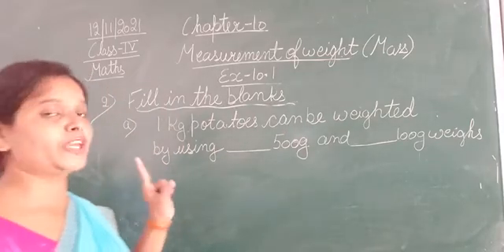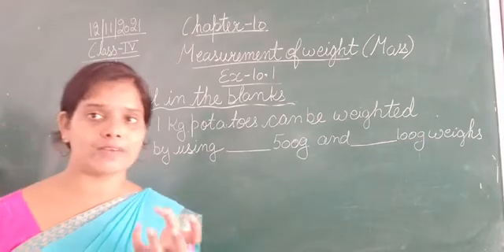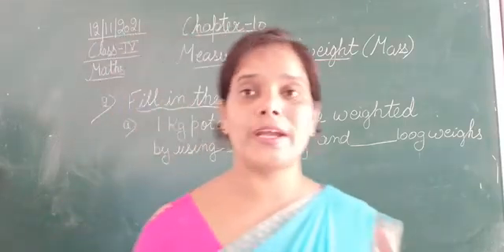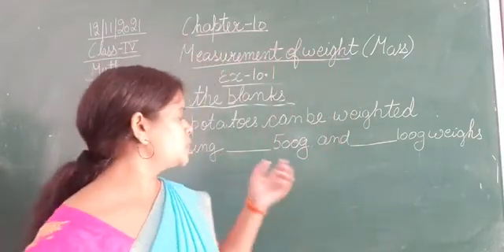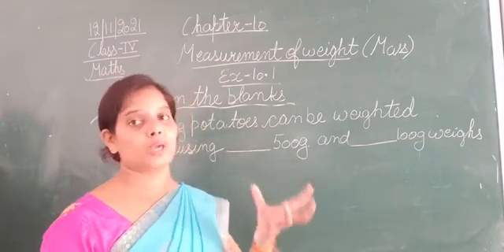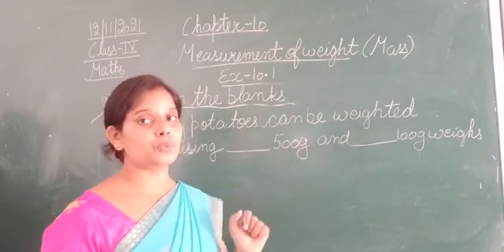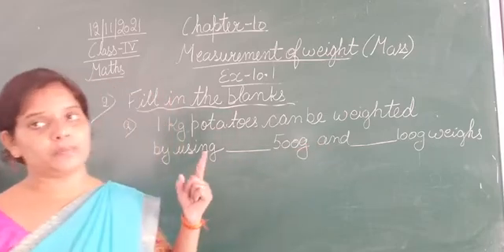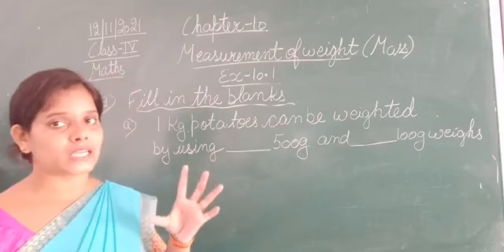आपको 1 kg potato measure करने हैं. So with what weights? Weights मतलब जो लोहे वाले जो shopkeepers या fruit vendors और vegetable vendors जो होते हैं वो use करते हैं. Suppose he needs to measure, and he is having weights of 500 gram and 100 gram. दोनों को use करते हुए उसको 1 kg potatoes measure करना है.